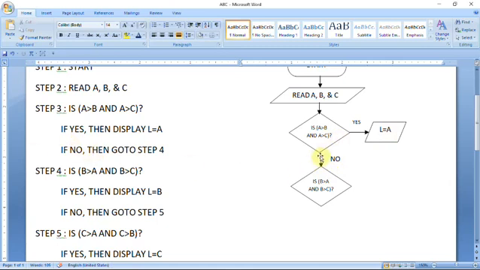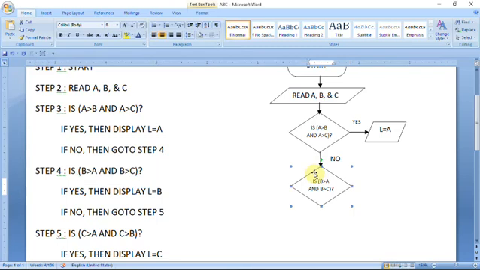Here you can see if this condition is not true, then go to step 4. This is the step 4 condition. For a condition we have to make a decision, we have to insert the decision making box, the diamond symbol, and I have inserted the diamond symbol inside. I have given this condition.